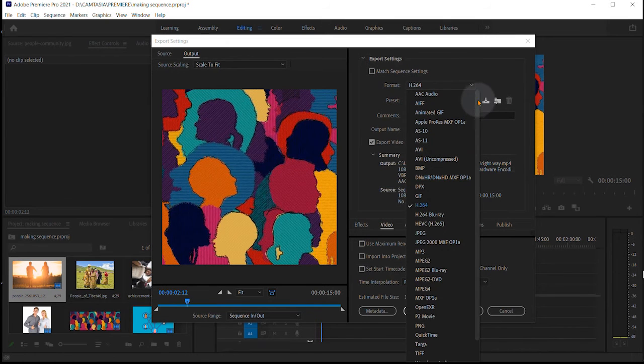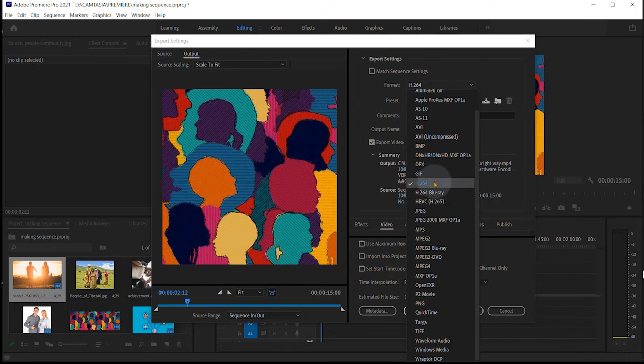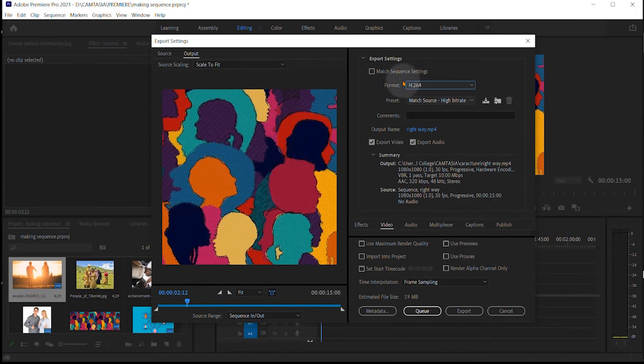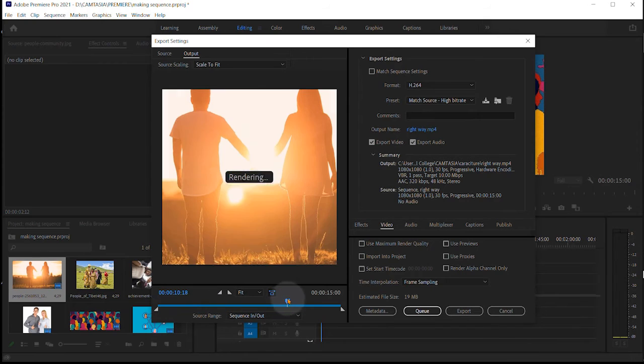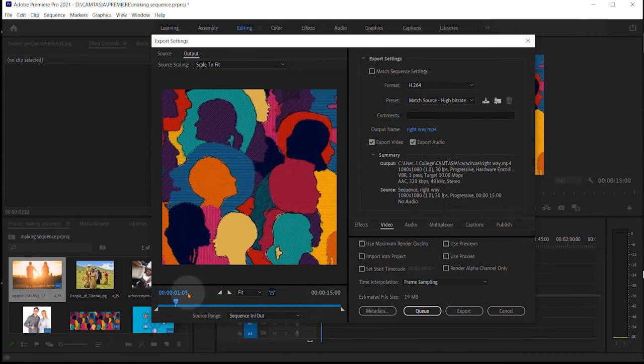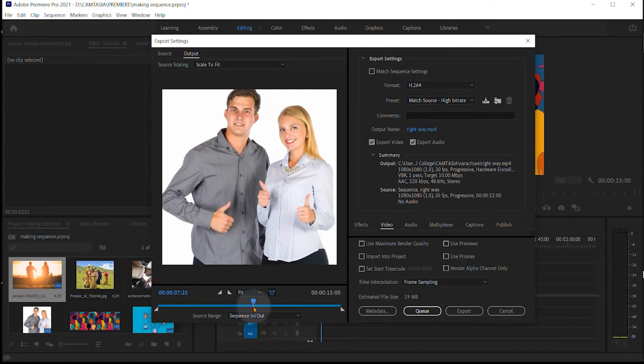You can choose whatever codec you want. I use H.264. And just match the source, which we already have, and notice that it is 1080 by 1080, and this is the way it is going to look on Instagram. It is the right size. All of them are the same. That is how you should make a correct sequence so that you don't have big black bars on the side